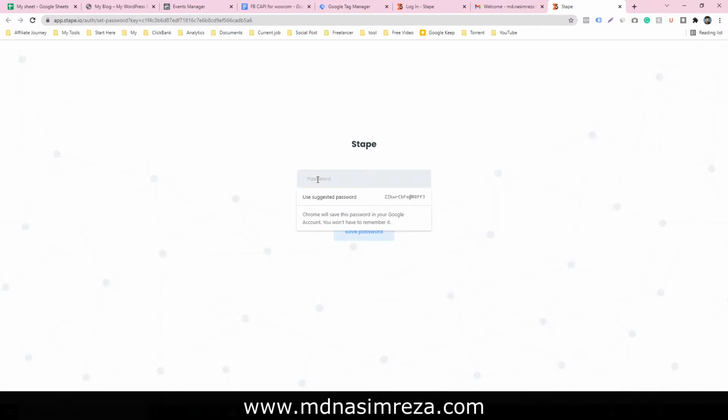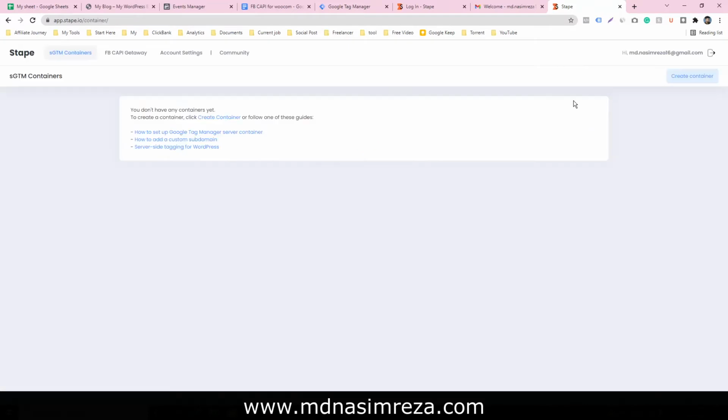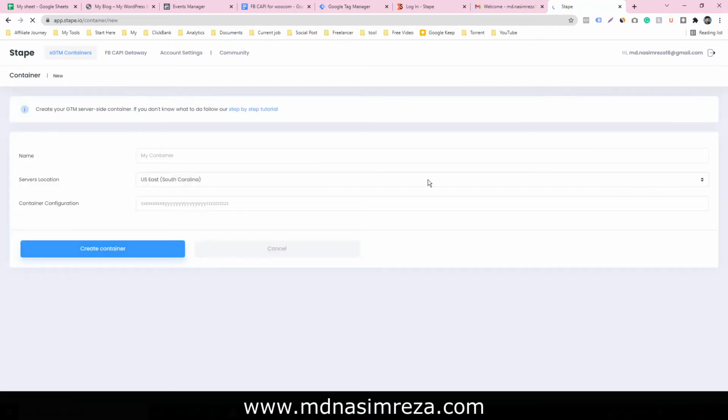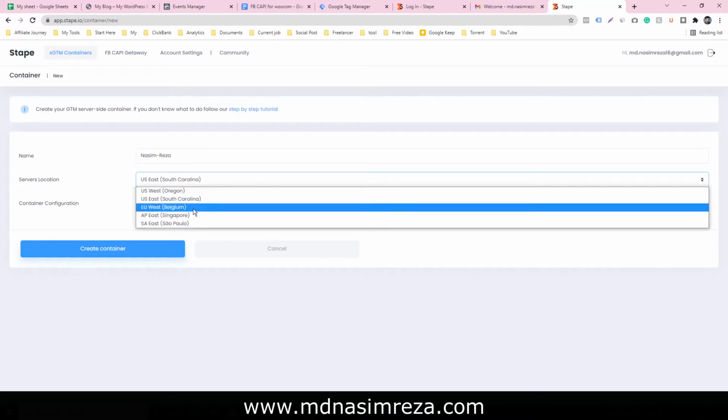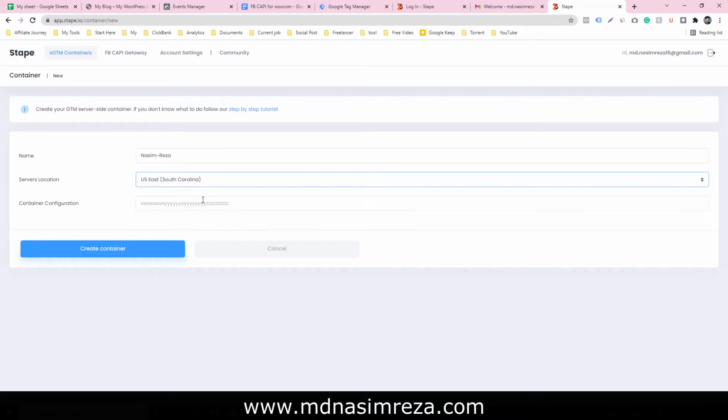Just choose a password here. So this is our Stape dashboard, and make a container here. Just input a name for this container, and you can choose any server here.